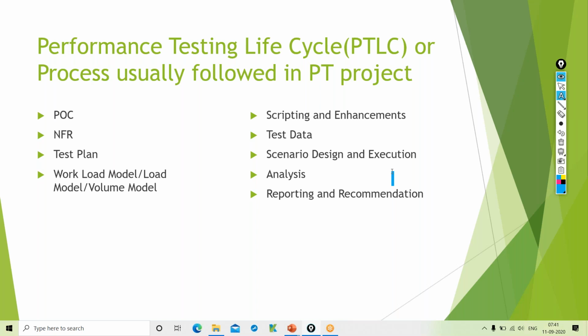Okay. So next comes the test plan. I'm sure you might already know this test plan. This test plan is pretty much similar for functional testing and automation, and in fact for performance testing as well. So the test plan is a kind of roadmap for our test, right?